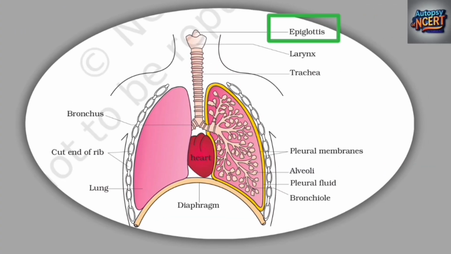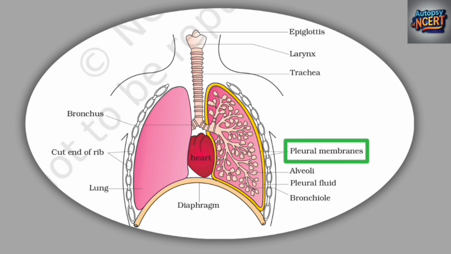Epiglottis, larynx, trachea, bronchus, bronchiole, alveoli, double pleural membrane, pleural fluid, dome-shaped diaphragm,